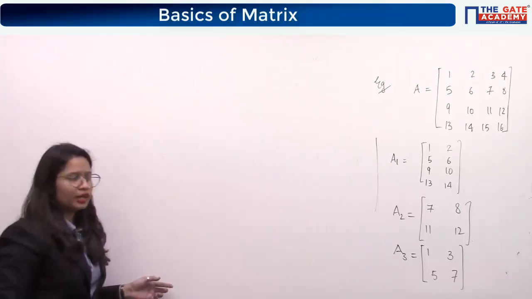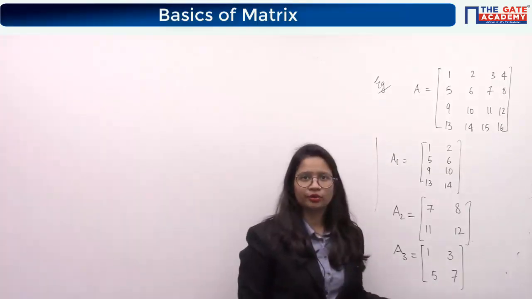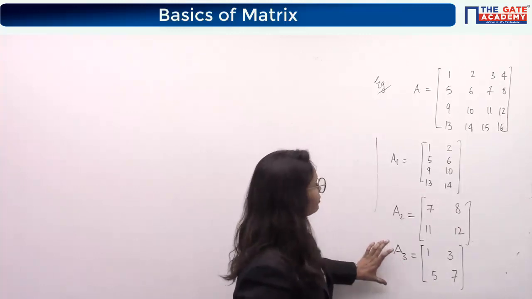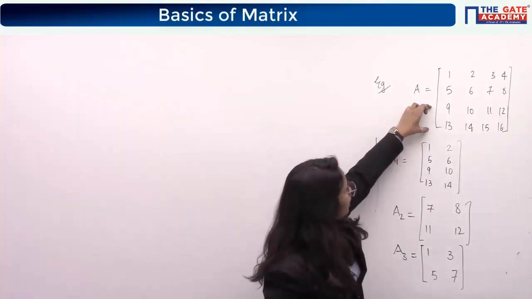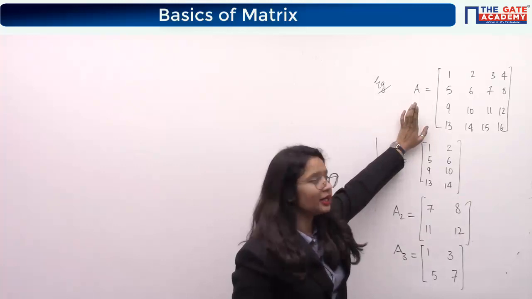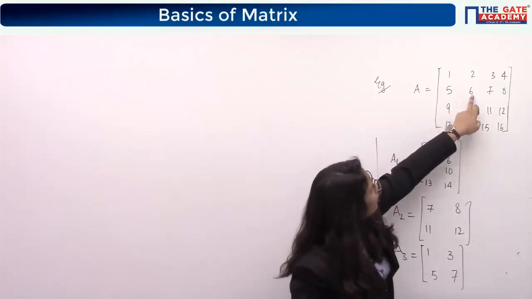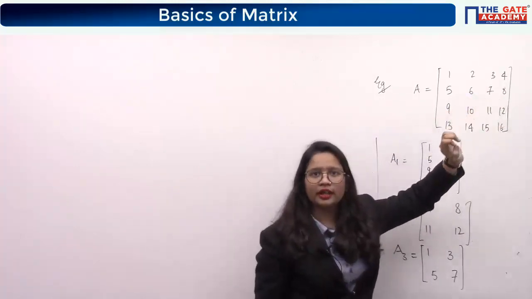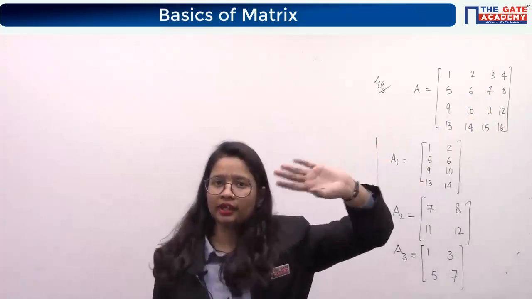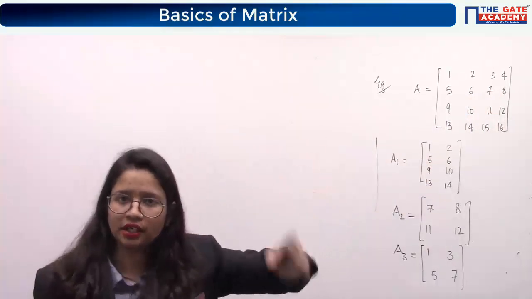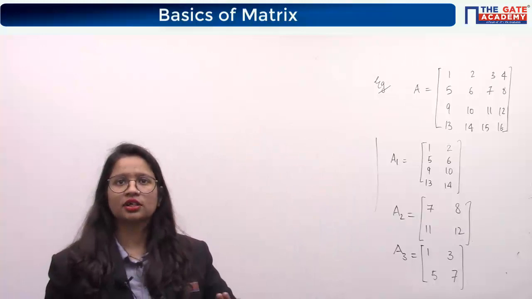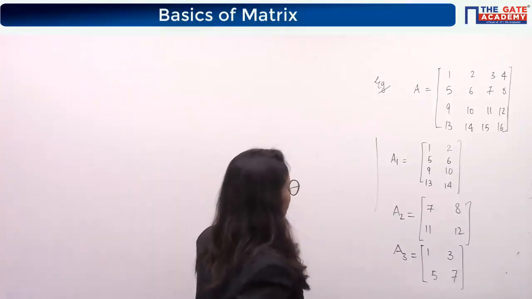There is no issue in deleting any of the columns or any of the rows. For writing this submatrix, I have removed row 3 and row 4 completely, and then I removed column 2 and column 4. There is no issue in omitting any of the rows or any of the columns. You can delete any of the rows, any of the columns. So yes, it is a submatrix.